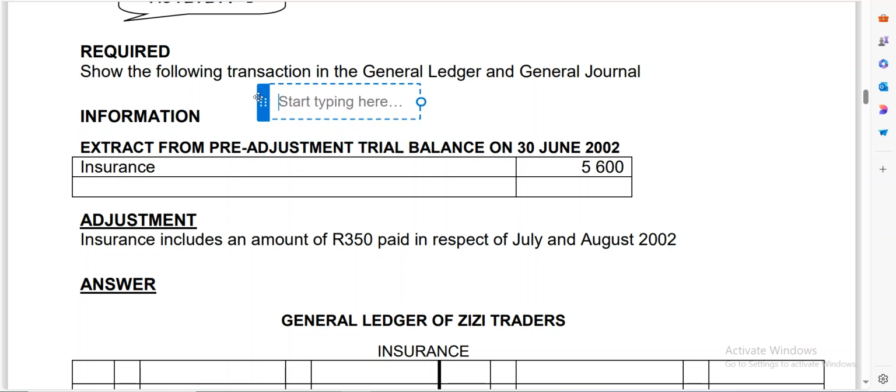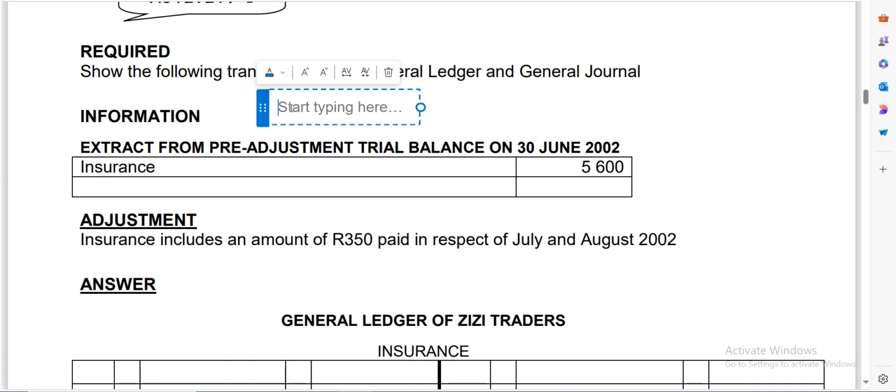which means that our year, according to this, started on 1 July 2021, then it ended on 30 June 2022. This information is very important to us. It's very important for us to be able to understand the financial period, especially when we deal with adjustments. So now here they're saying that if you look at this, they are telling us that this was the adjustment